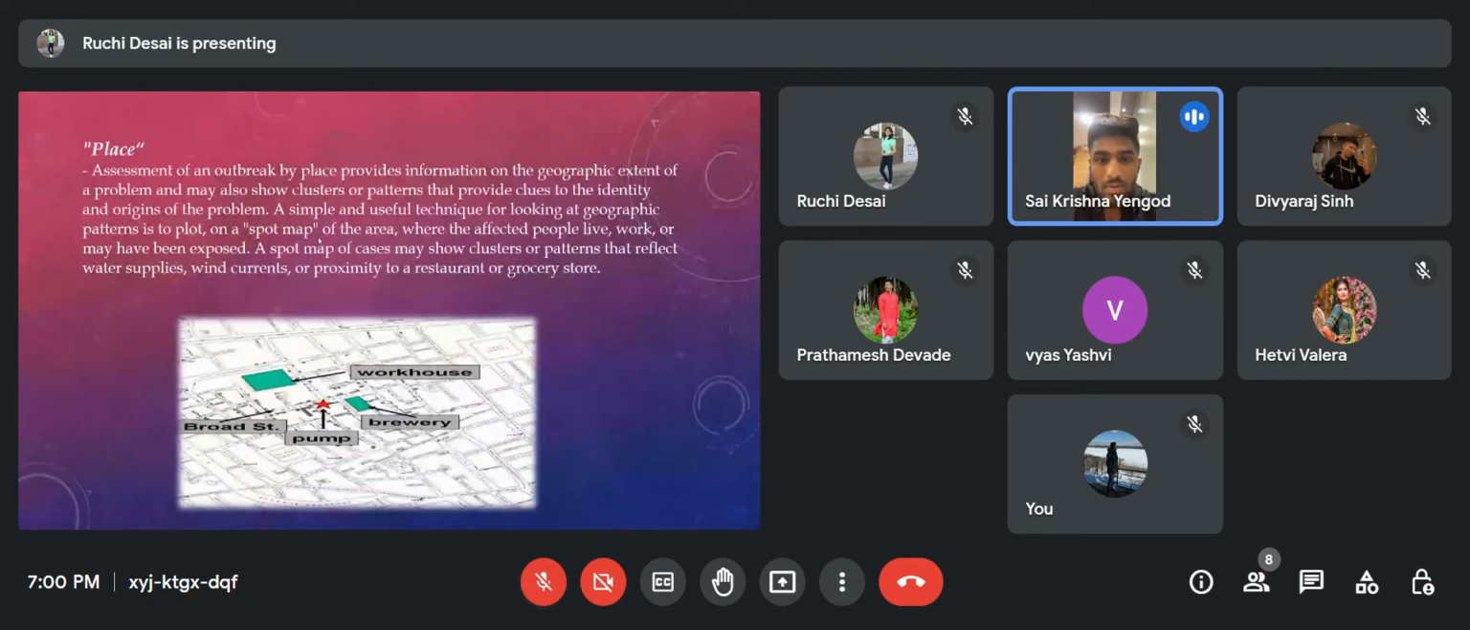Place. Assessment of an outbreak by place provides information on the geographic extent of the problem, and analysis shows clusters or patterns that provide clues to the identity and origin of the problem. A simple and useful technique for looking at geographic patterns is to plot on a spot map of the area where affected people live, work, or may have been exposed. A spot map of cases may show clusters or patterns that reflect water supply, wind currents, or proximity to a restaurant or